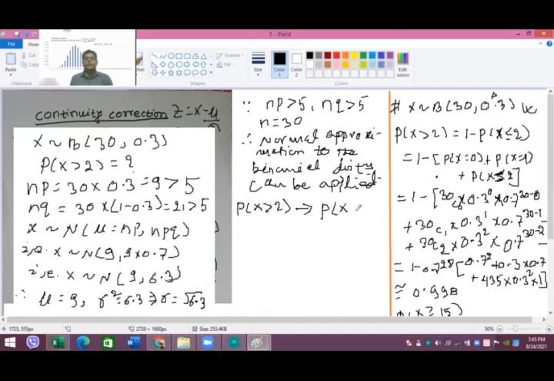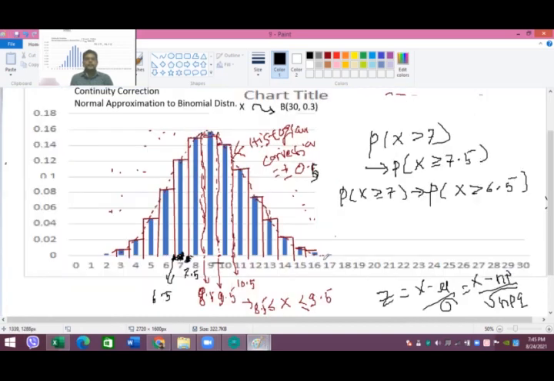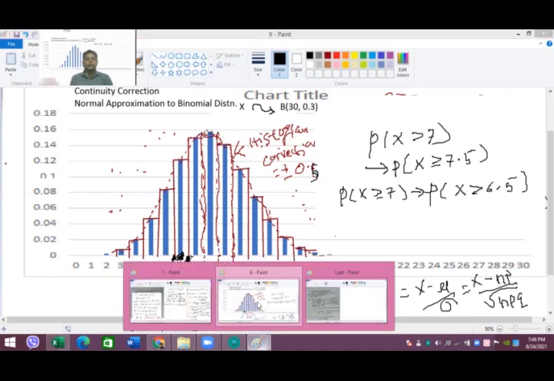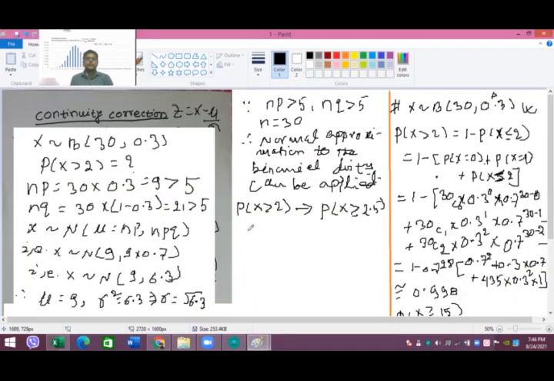The nearest continuous point will be 2.5, just like we discussed for x bigger than 7. After this, you convert that into Z, that is, x minus mu by sigma, so Z is greater than